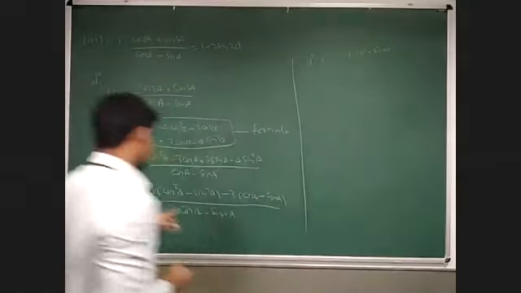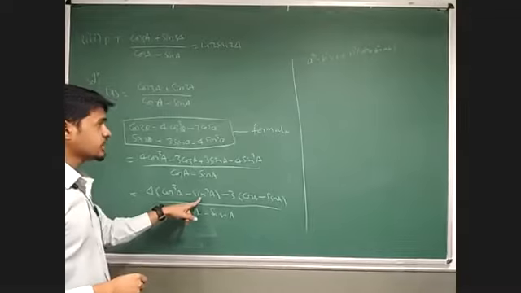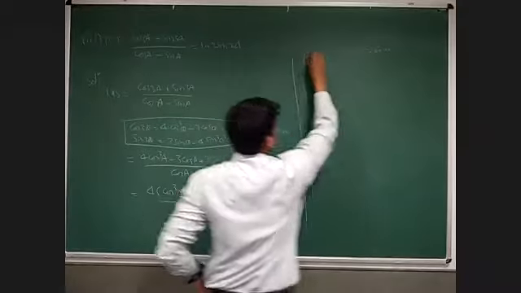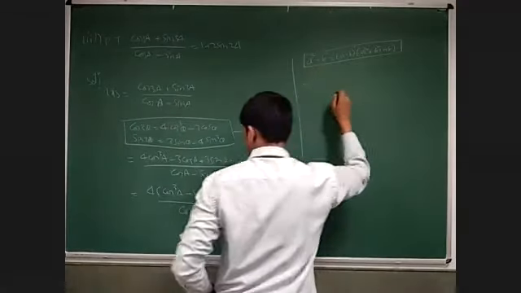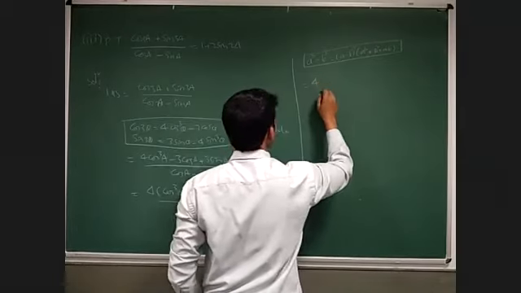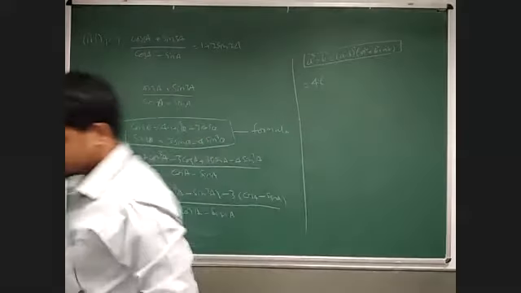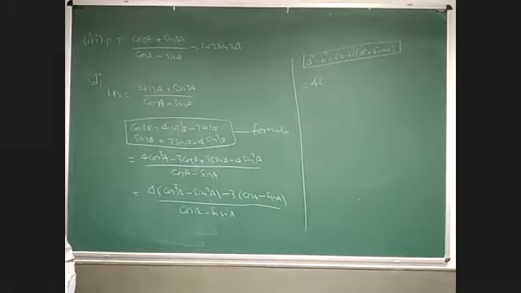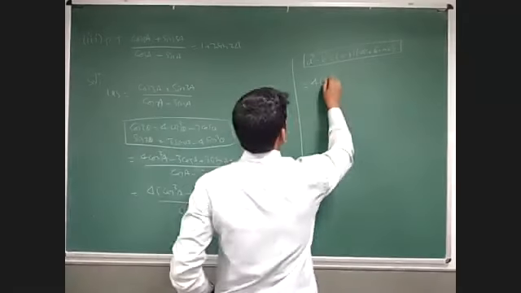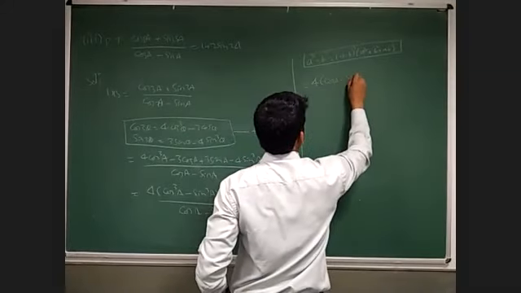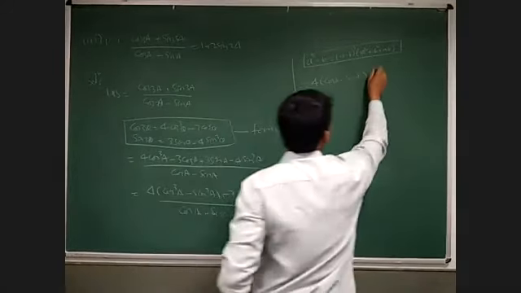Now here I have cos cube a minus sin cube a, so I am going to use this formula here. So 4 (cos a minus sin a)